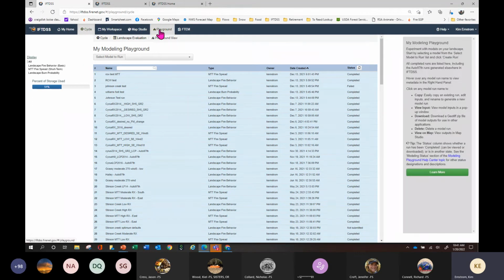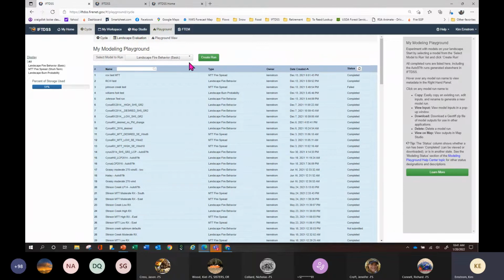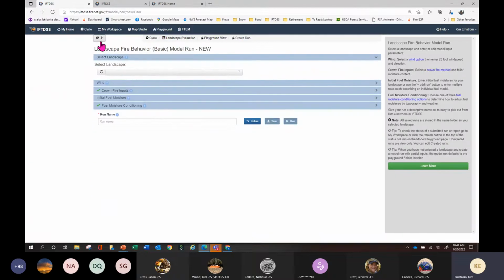And that takes us to our playground, which is where all of our fire behavior models are kept. And this is where you get to pick them. In this case, like I said, we're probably going to focus on landscape fire behavior, which is our sort of, quote, BehavePlus on the map image. Okay. And so when you do this, you choose your model, you create a run,